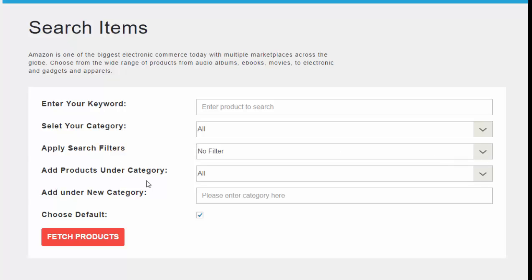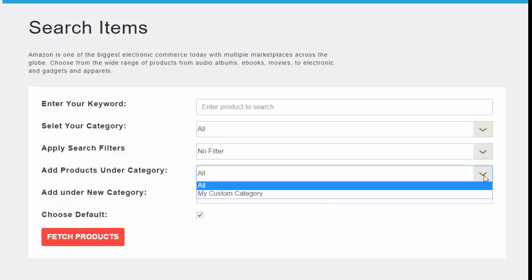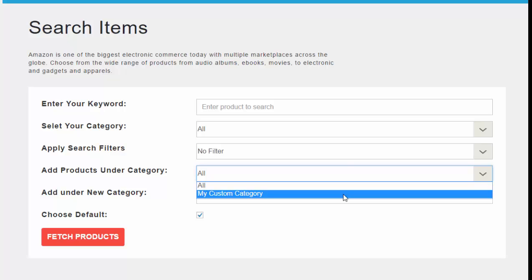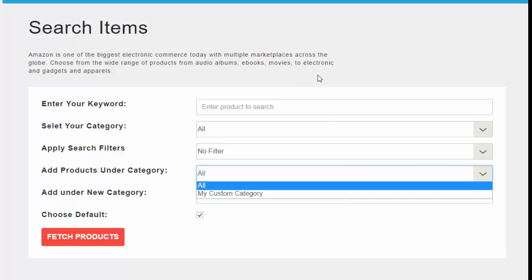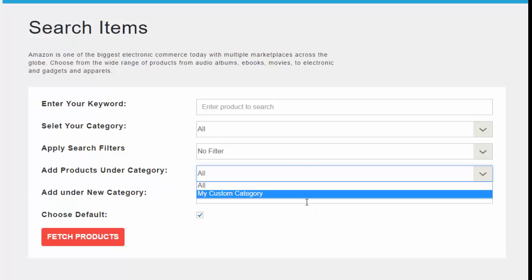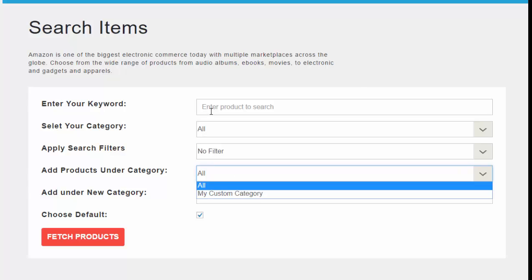You can add products under a specific category. So if you have a number of categories already set up on the site, then you can do that. Here you can see this is just a demo site, so we don't have anything specific set up. But the idea is to target these sites to specific markets, interest, niches. So once you do add your product there, you simply click Fetch Products and the app will pull in the